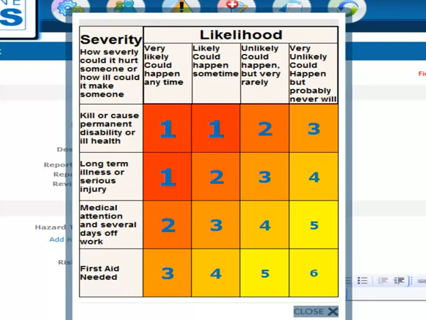Work your way down the matrix asking yourself, if the forklift hit a pedestrian, would it kill or cause permanent disability or ill health? Would it cause long-term illness or serious injury? Or would it need medical attention and several days off work? Or would only first aid be needed? Well, I would say if you got hit by a forklift, it would probably kill you or give you a